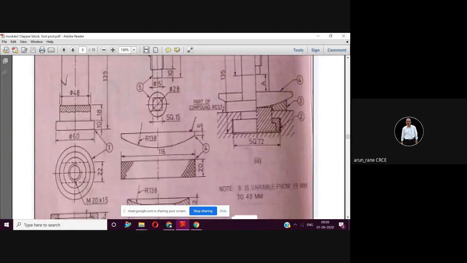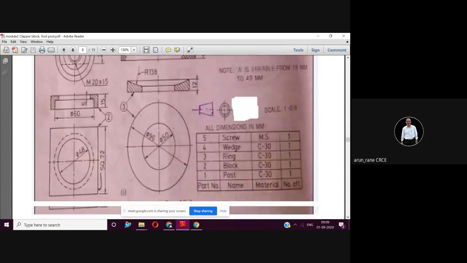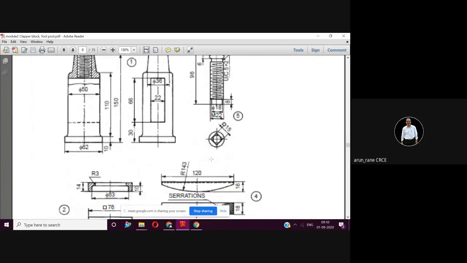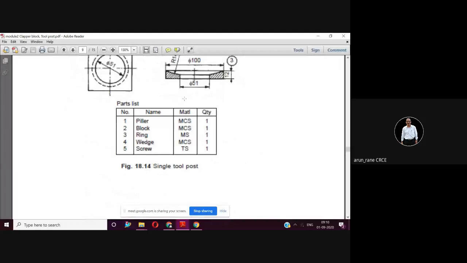Don't follow this drawing. I will suggest you go ahead with this drawing. So there are five components plus one assembly. Component number one is the pillar, also called the post, then block, then ring, wedge, and screw. For the assembly you can start either with the pillar or with the block, making it the fixed or base component.